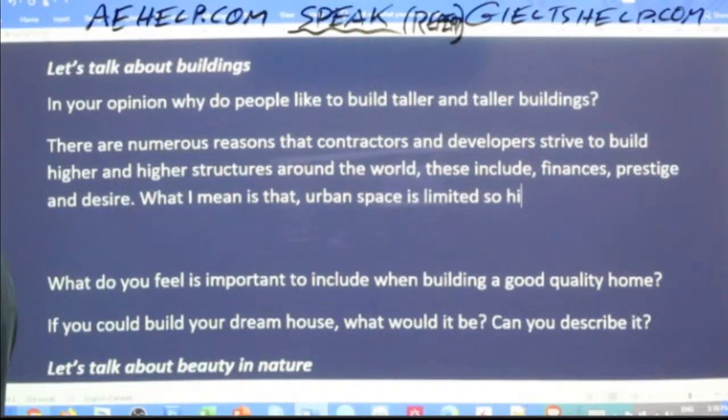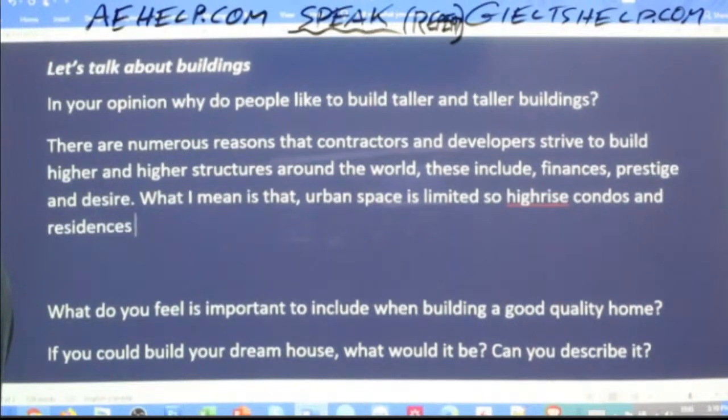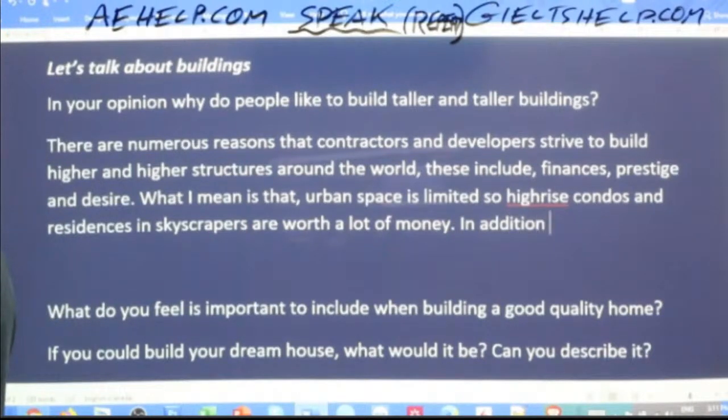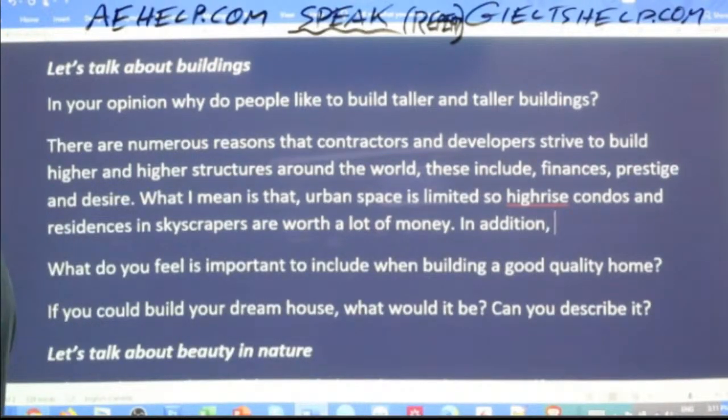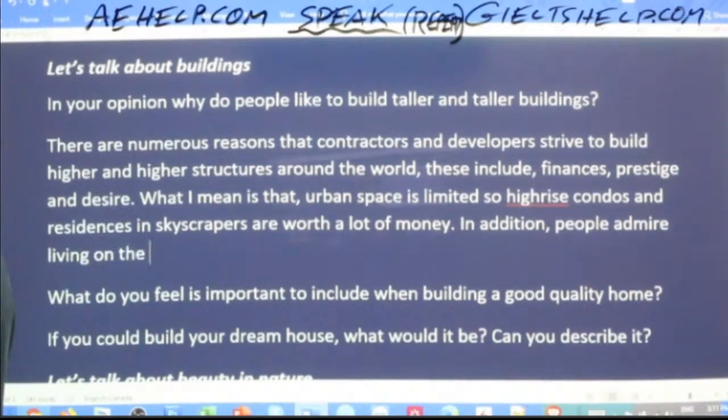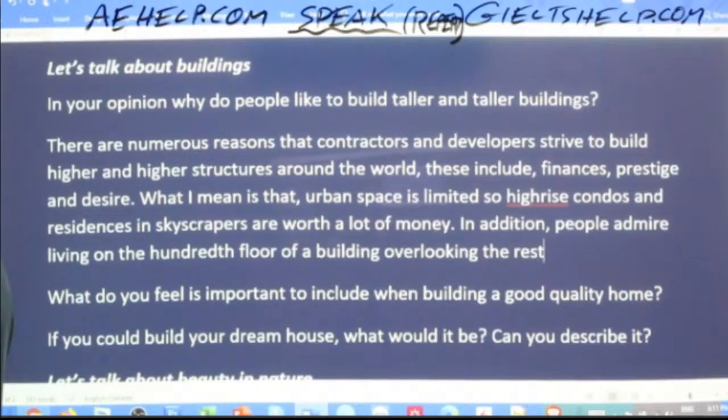So high-rise condos and residences in skyscrapers are worth a lot of money. In addition, people admire living on the 100th floor of a building overlooking the rest of the city.